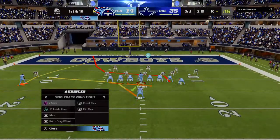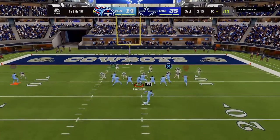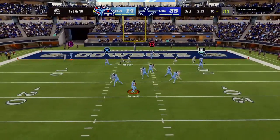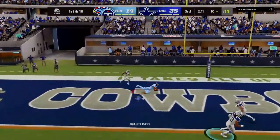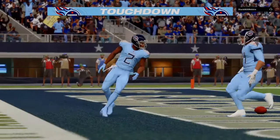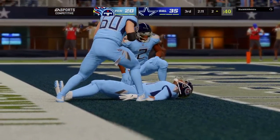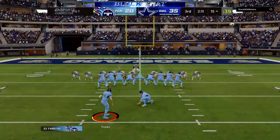So not quite a first and goal. It's 1st and 10 from the 10. To throw is Tannehill. Jones goes diving, and he's got it. He was on point throwing the ball right there. He had the big play to get him down close, and then he delivers a touchdown pass on 1st and